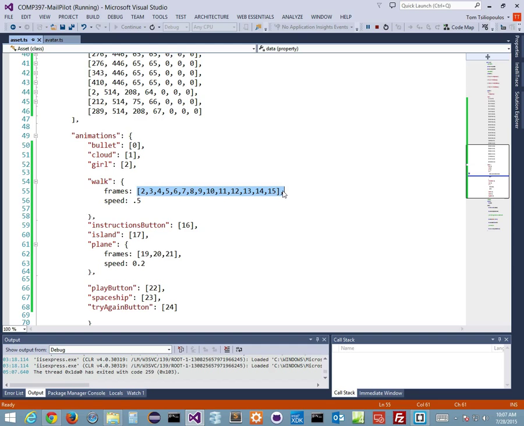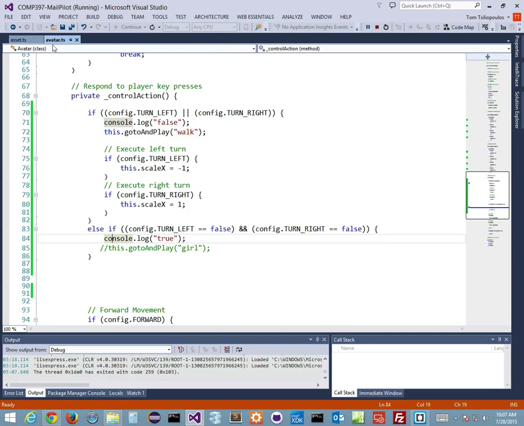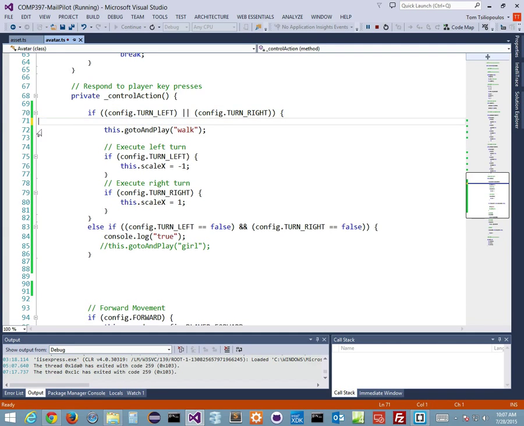Only when I press the button down, if I change positions, if there's been a change, then and only then do I do that. So there's a bit more logic I've got to put in here. What I'm saying is, this is always going to be true, either one or the other. And when I do that, I'm just going to take these falses out so you see what I'm talking about. When I say go to and play, what it does is it starts from the beginning again. It starts from frame 2. So as long as I press the button, it's going to go to and stay on frame 2 forever and ever. So I'm always pressing the button. So the truth is, I am pressing the button. Therefore, it's going to go to and play the walk sequence,